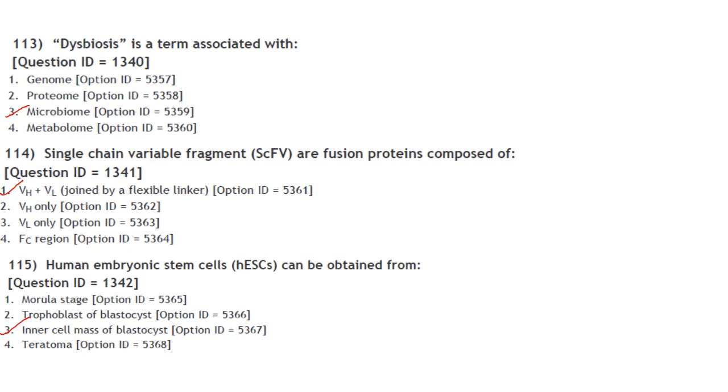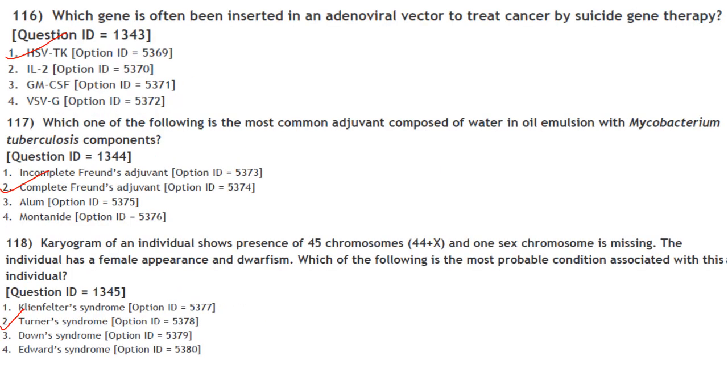Then next one. Human embryonic stem cells can be obtained from. So they can be obtained from the inner cell mass of the blastocyst. Answer is option 3. Then which gene is often inserted in an adenoviral vector to treat cancer by suicide gene therapy? So suicide gene therapy is a therapeutic strategy in which cell suicide inducing transgenes are introduced into cancer cells. So which gene is often inserted in the adenoviral vector to treat cancer by suicide gene therapy is